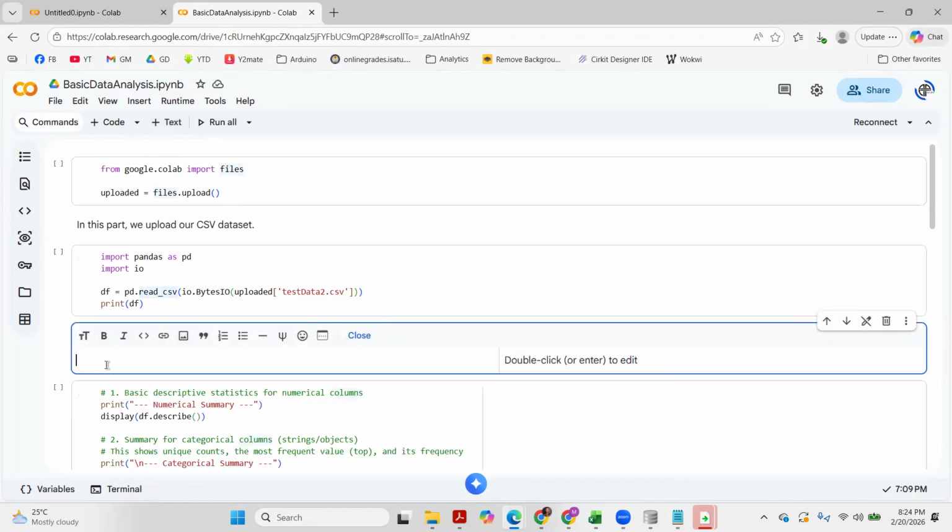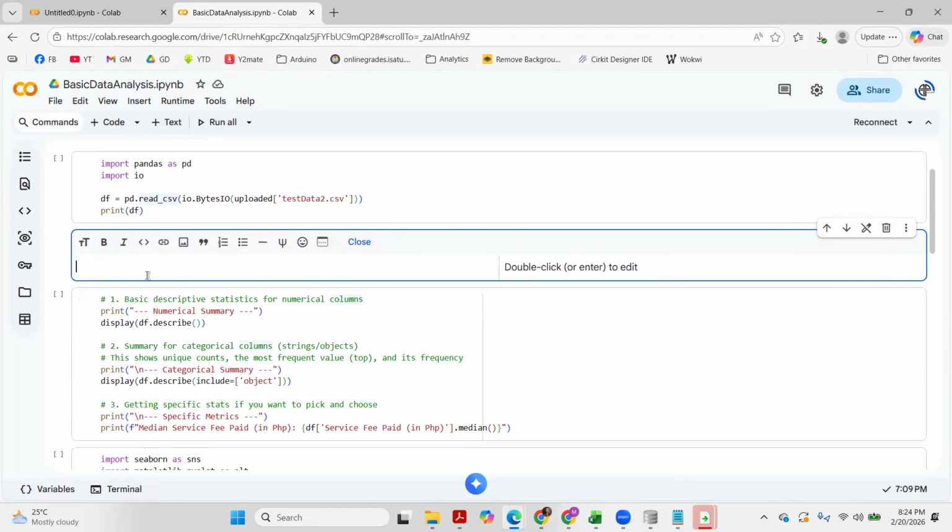Okay. So I believe in this part, or let's change the approach, now we perform basic numerical and categorical summary.